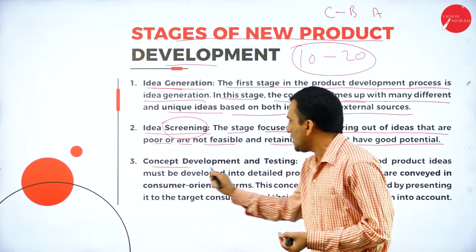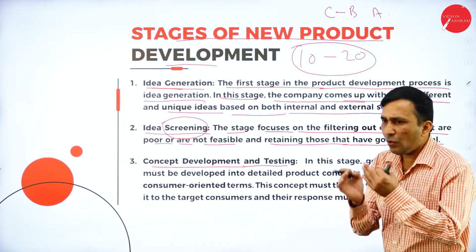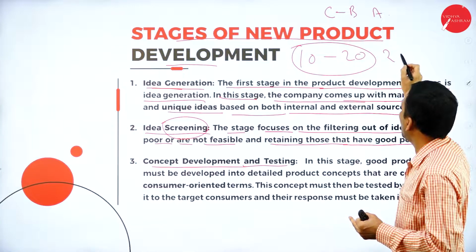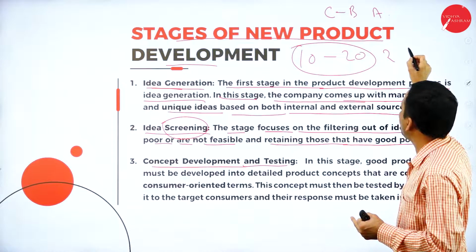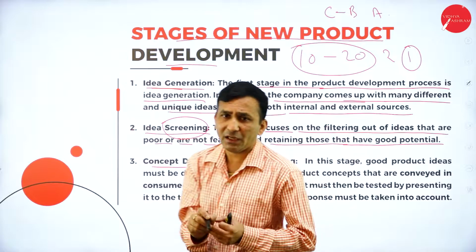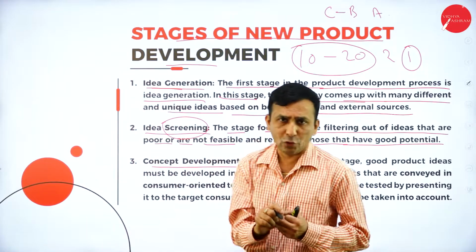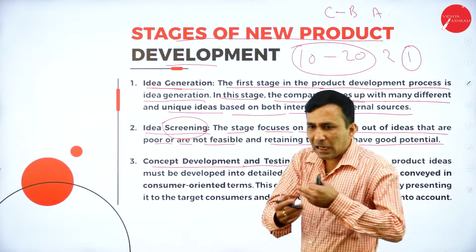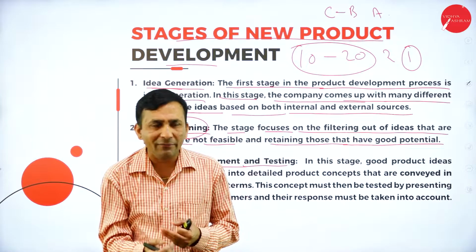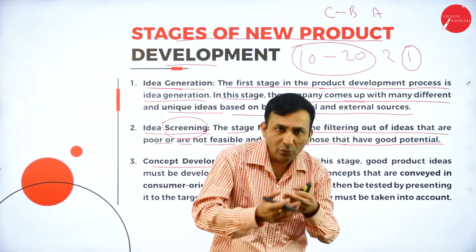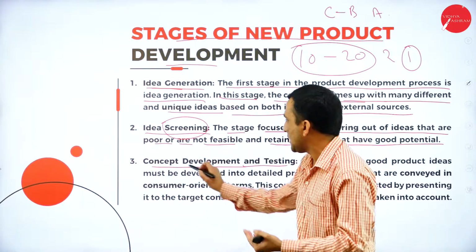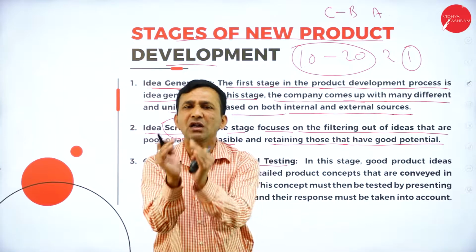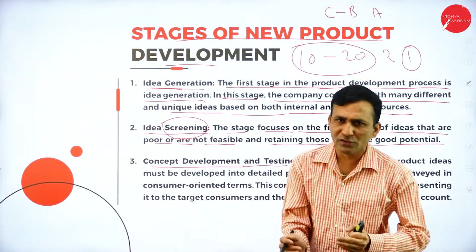And next one, concept development and testing. Now out of 20 ideas, you have selected 10. Once again you are trying to do screening. Now the final product idea you have already decided, what to produce, whom I am producing. So finally, the concept, the product, whatever idea you have, is finalized. Now you are trying to develop, that is nothing but not for mass quantity. We are trying for a very small quantity, just for producing that idea.